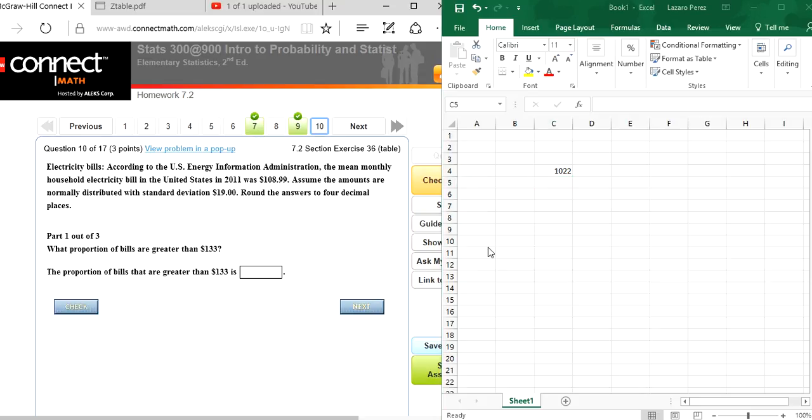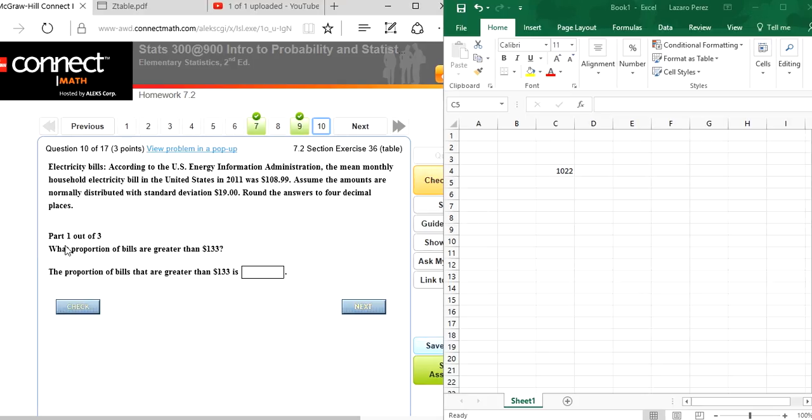So we're just doing some more continuation of 7.2. All right, so let's go ahead and dive in. This is question number 10 on 7.2, and this is the class for Excel. All right, so the question is asking for what portion of bills are greater than